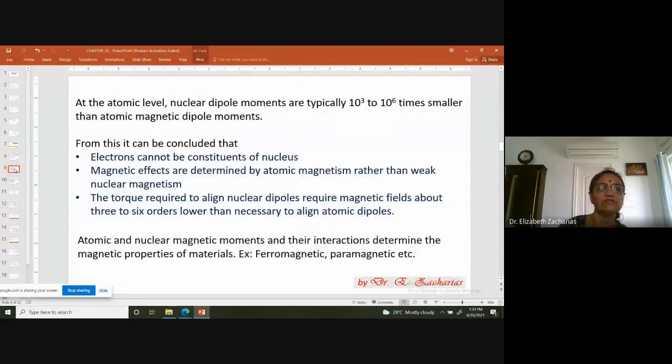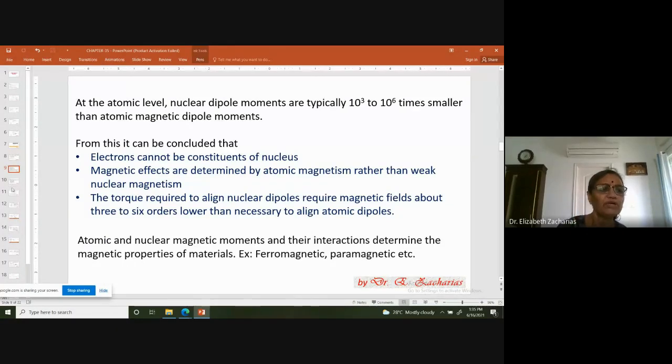Then after that we went to where you see dipoles in nature. We saw that yes, there are dipoles within the atom. You can talk about the net dipole moment of the atom also, where that net dipole moment is simply the vector sum of the dipole moments due to the spin of the electrons, the orbital motion of the electrons, the spin of the nucleus, etc. Then we found that the nuclear dipole moment contributes very, very little to the magnetic property of a material, because it is 10 to the power of 3 to 10 to the power of 6 times smaller than the entire atom's dipole moment.